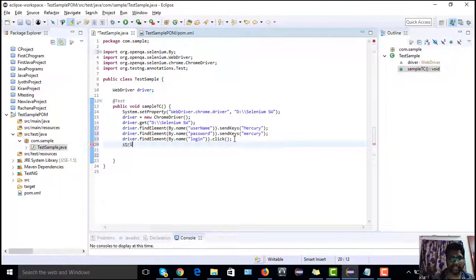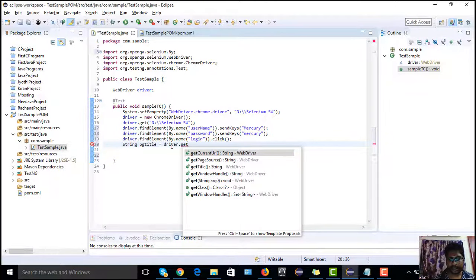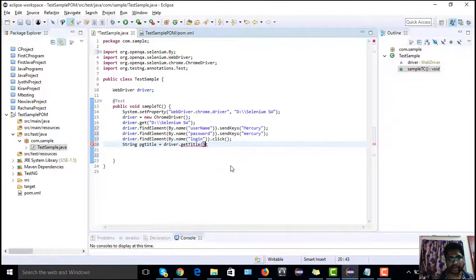So I will say String pageTitle, yes, should be caps for String, equal to driver dot getTitle, which will return a string of the current page's title, and I also want to print it.